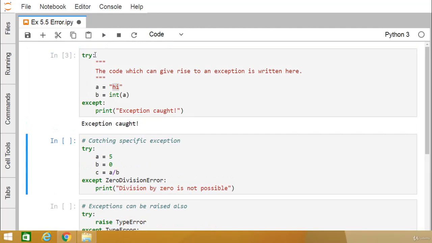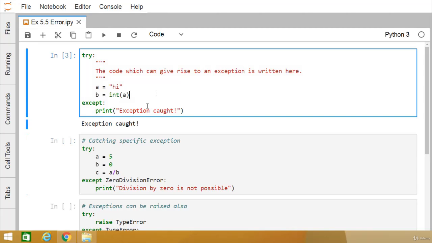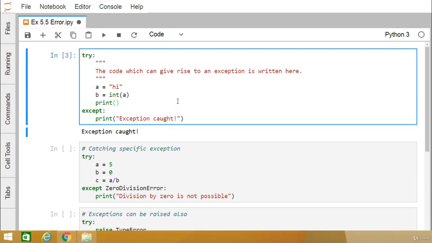Here you see this try block is followed by the except block. This except block will be initiated whenever we have some error within the try block. What has happened is, whenever you try to convert this a to an integer, it produces an error, and that is why the control has come directly to this except block. Here the except block is denoted by except and a colon. If I write one statement here,